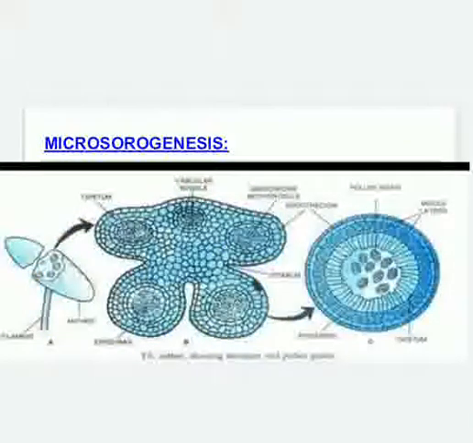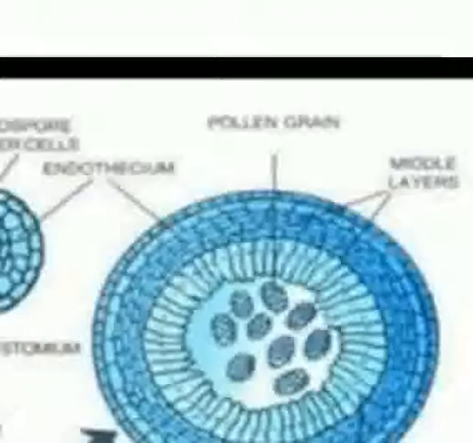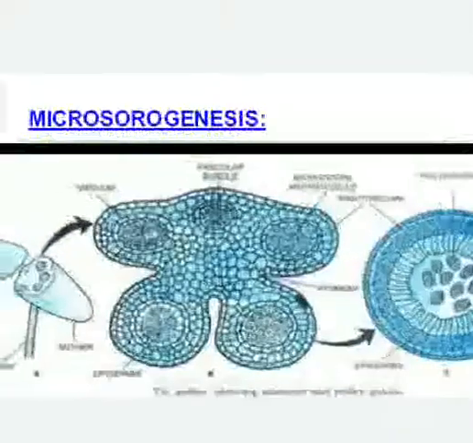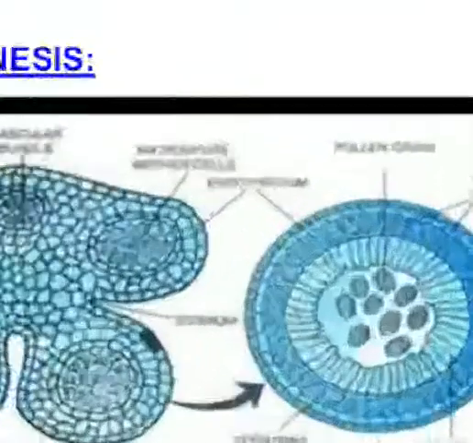Here I am showing you the structure of a single microsporangium, and here is the cut open portion of the two-lobed anther, which ultimately becomes four-lobed inside. The tapetum cells provide nourishment. The pollen sac walls enclose a number of archesporial cells. Here you can see these archesporial